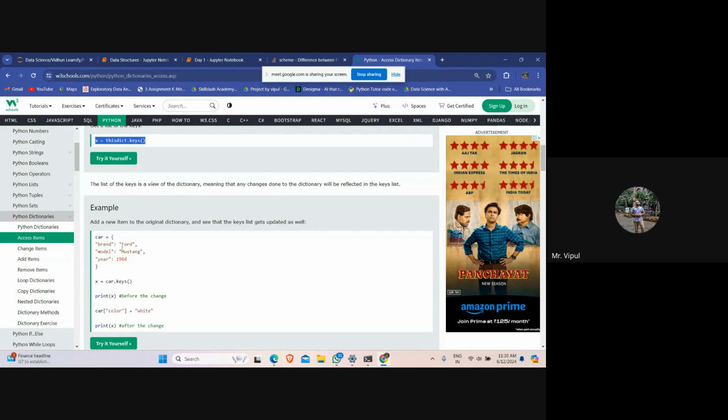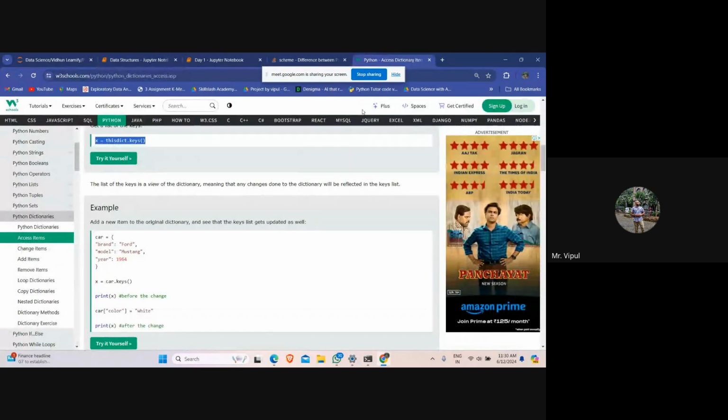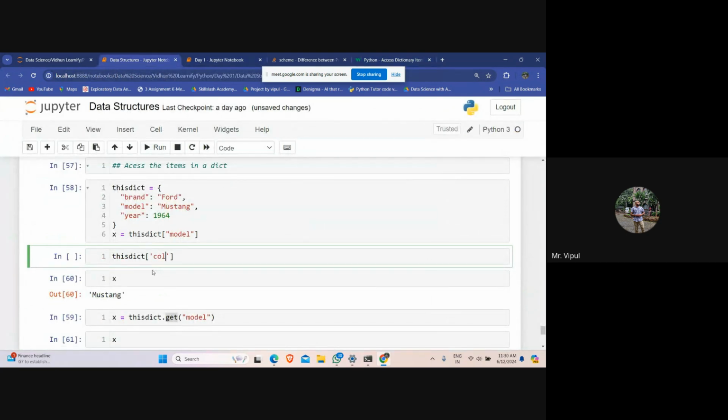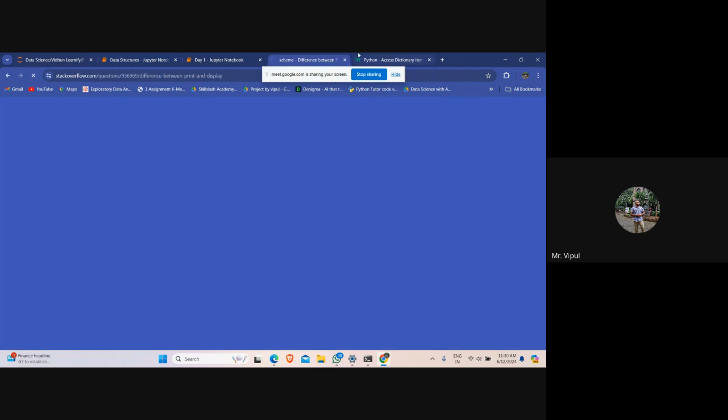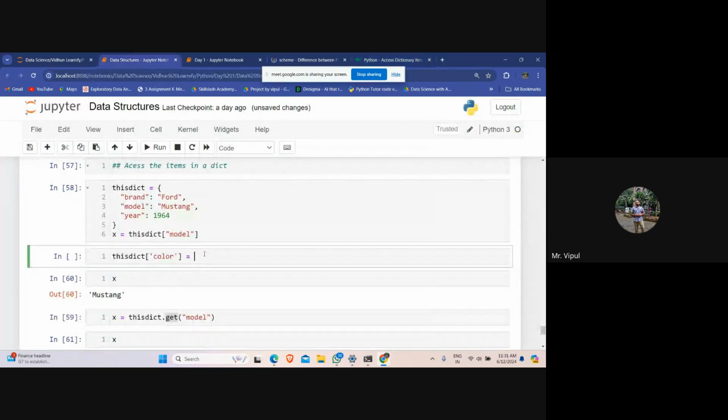Now, what is our name for this dictionary? This is this dict, right? So this dict. Then what do you want to add? Let's say you want to add color. So in square brackets you should write down color and is equal to, you can give the color over there. So let us say red is your color, right?